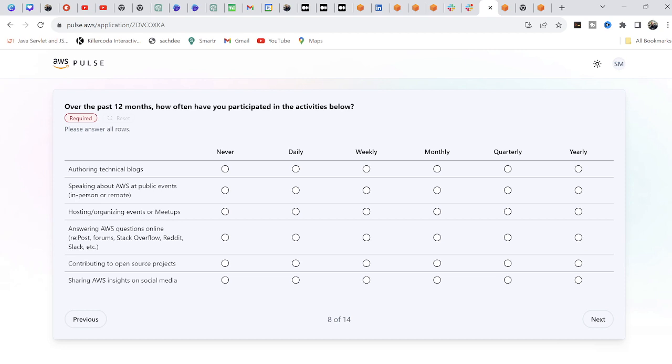If somebody is contributing in all these categories, you can select accordingly. It's not a compulsory section, right? So maybe I can write only authoring technical blogs every month, then I select this one. Maybe I contribute to open source projects or share insights on social media, maybe I am doing this one also. If you are sharing insights on social media like Facebook, Twitter, YouTube, or Instagram, whatever the social media,